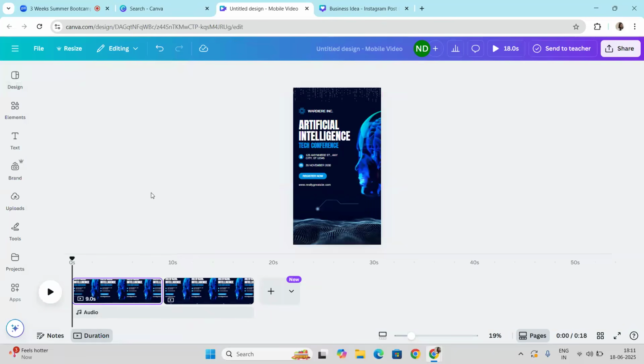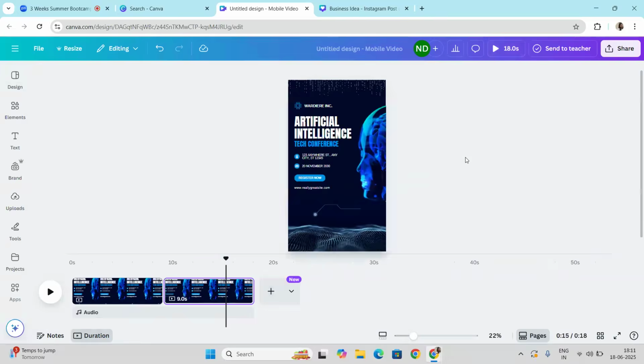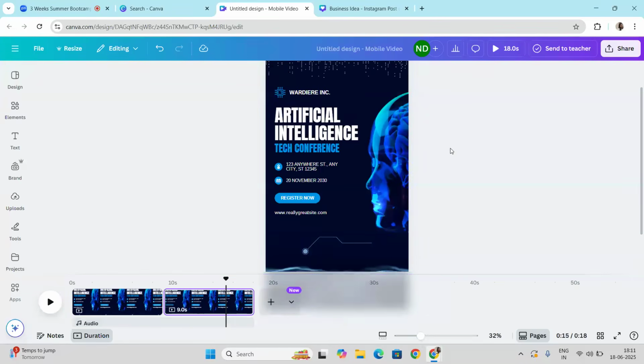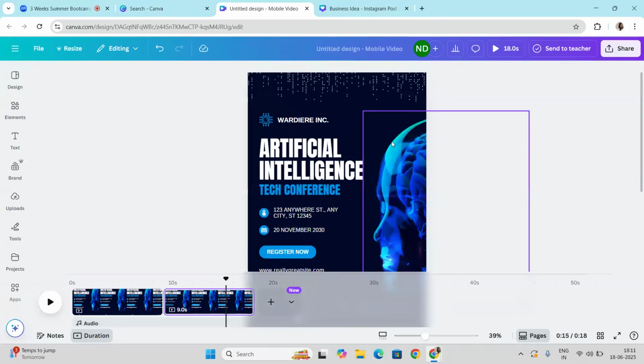Now I'm coming to the outside of this. Here you can see the timeline of your video. Here we have the first page, then the second page, and by clicking on this plus option, you can add many more pages, right? What is the main difference in video editing? This is the pages timeline, and the music and some other timelines are there. You can reduce it by taking the cursor here and just reducing it. This is how you can reduce. Everything has been written and placed in its position.